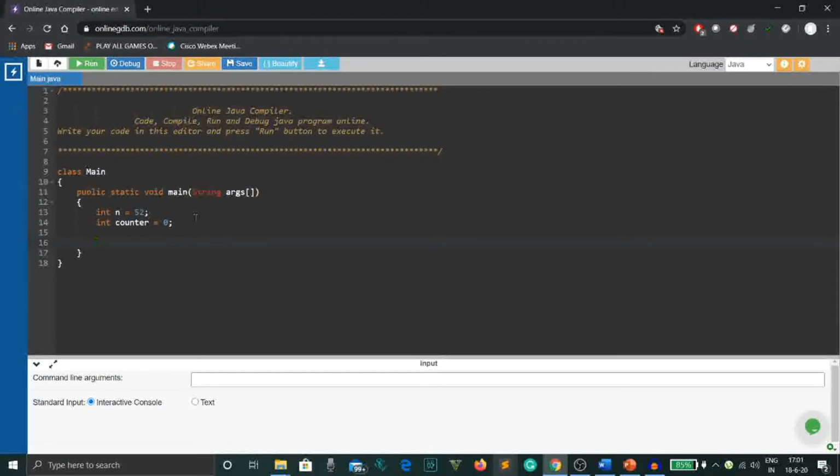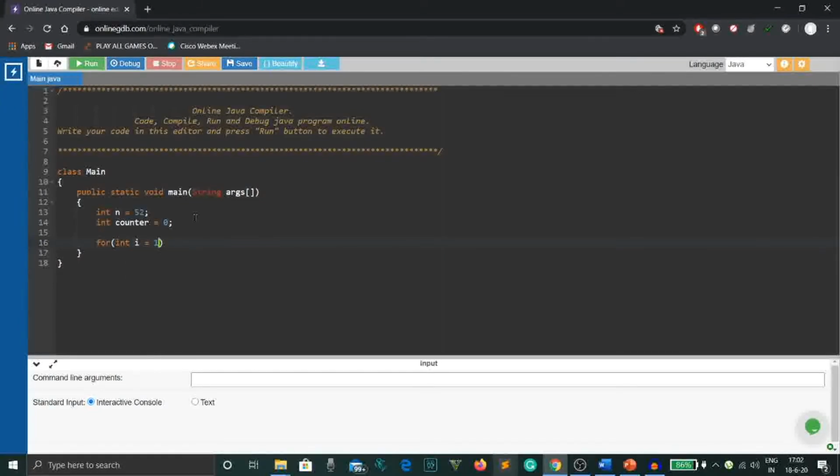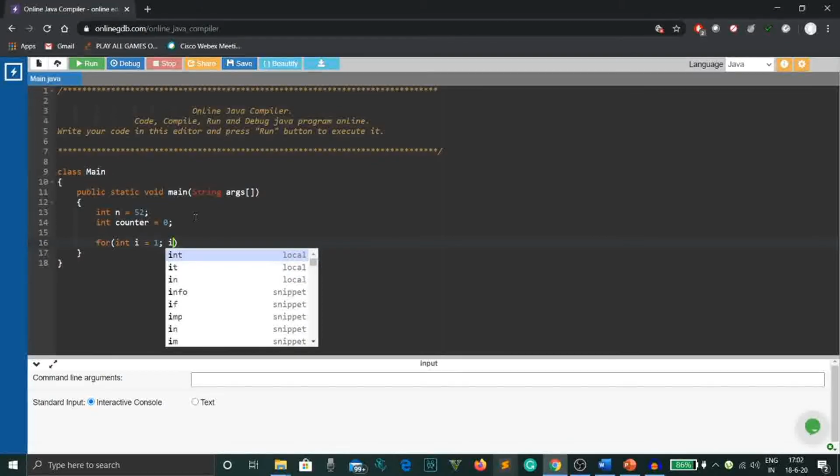The syntax of a for loop is to first write the for keyword, open the parenthesis, and then we'll have to initialize another variable. Now this variable is really important inside a for loop as it will tell us or the user how many times the for loop will run. So we'll initialize another variable named i as 1 because we need to start dividing 52 from 1 till 52. So the first value will be 1, again a semicolon, and then we'll give the termination condition.